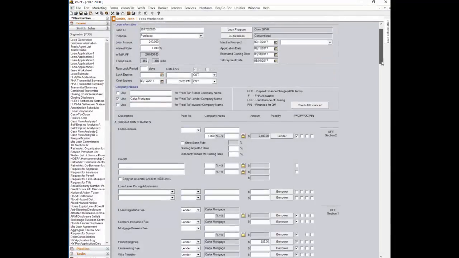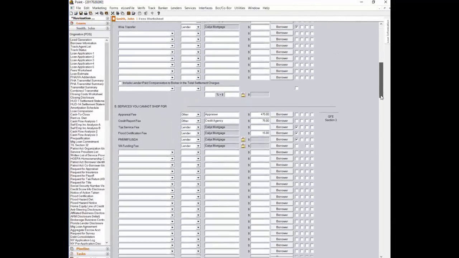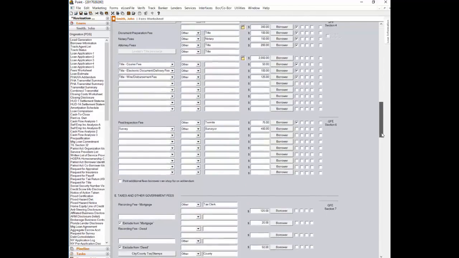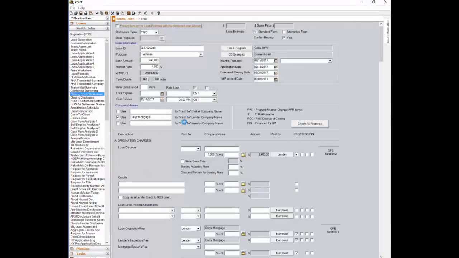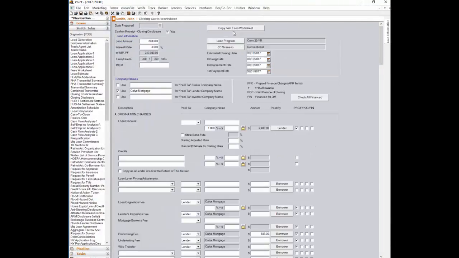I just want to reiterate that this will start in the Fee Worksheet, where you can separate these costs in Section E under the recording fee. And you can choose which one of these are going to be excluded. Once you have your fees here in the Fee Worksheet, we will now go to the Closing Cost Worksheet, copy our fees from the Fee Worksheet, go down to Section E,